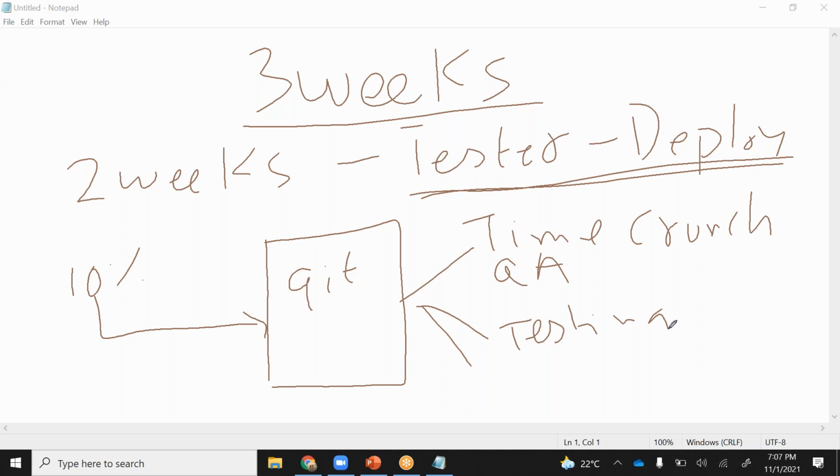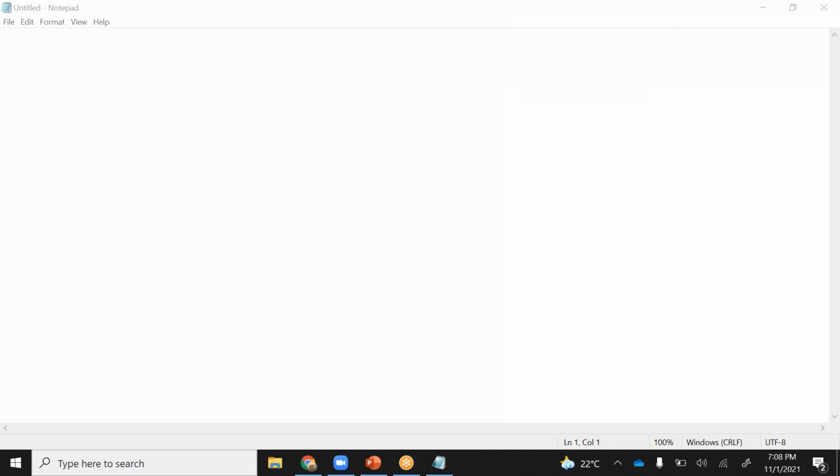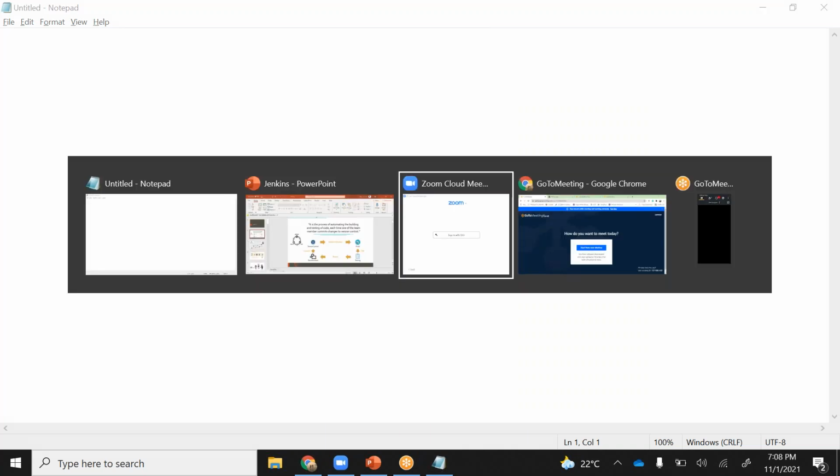So when I say that the developer should continuously push his code to Git, I want this code to be visible to everyone, in the sense my tester, my QA, my security team, my deployment team, and they should also parallelly start their tasks. It should not happen that my tester is waiting for the code to be fully deployed and only then starts the QA work. If I do parallel work, I save a lot of time and the timelines can be met with better